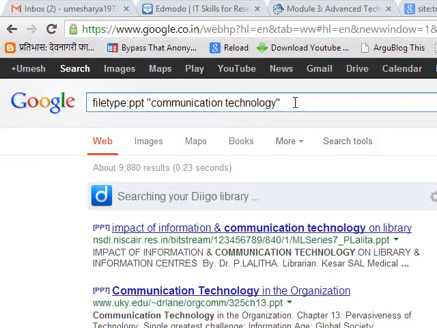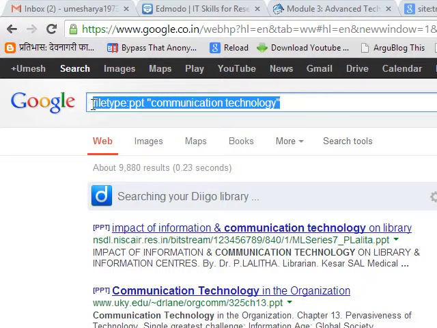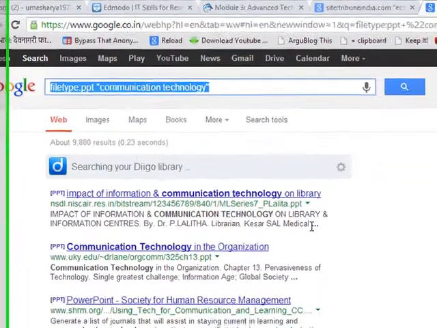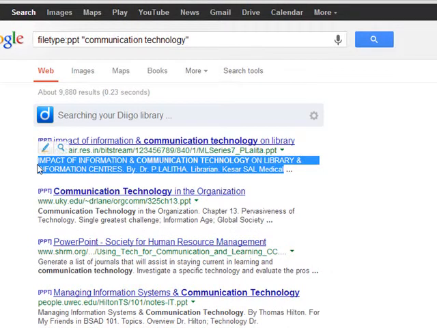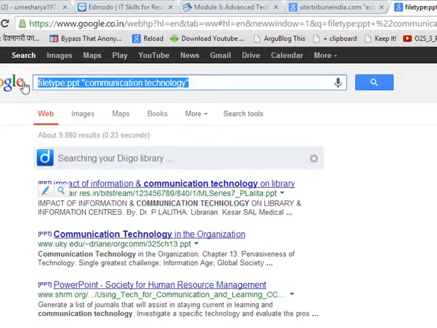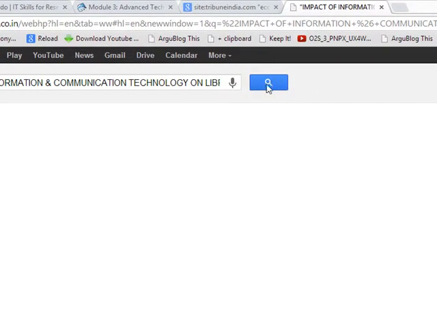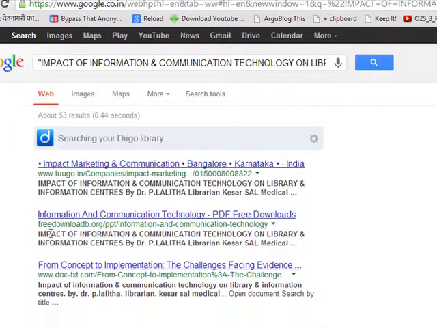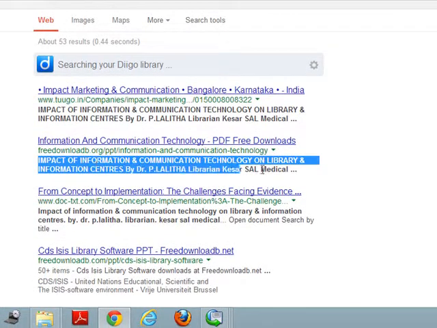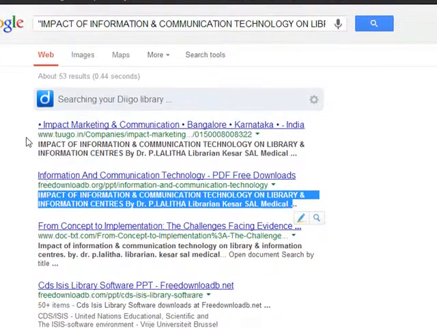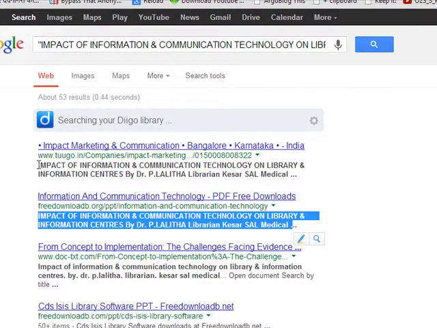These days most research students are in the habit of copying and pasting material from the internet, and by using this command you can select a particular sentence from the student's thesis, type it in double quotes in Google, and just press search, and it will immediately show the line which has been copied from which website. So it's a wonderful command, a very small command though, but highly applicable.